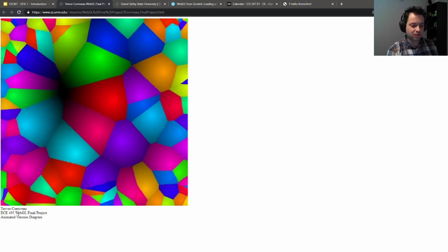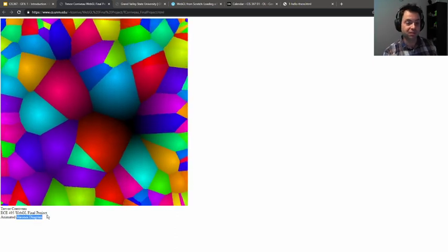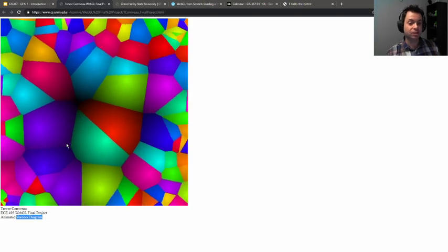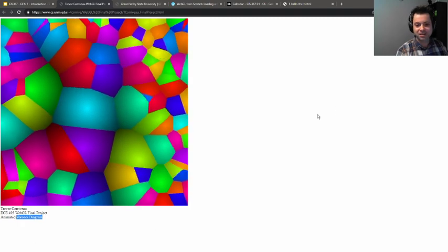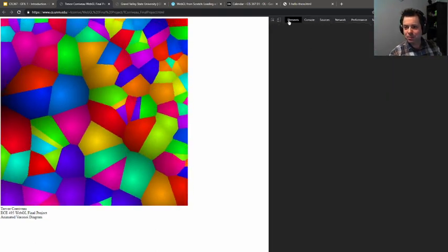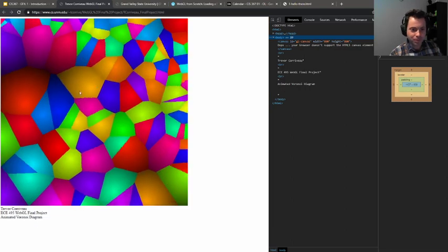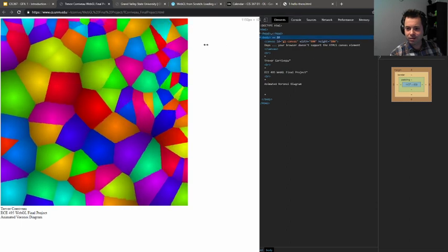But the point of this is that this Voronoi diagram is a well-known algorithm in graphics and game design, and they just took it and visualized it. And it's pretty cool. This is more exciting than the triangle. Yeah, a little bit more exciting. Not by much. But the cool thing about this is if you go into the code and look at it,